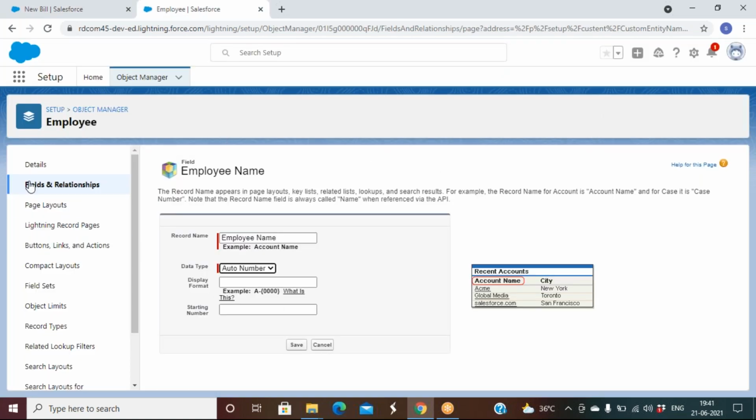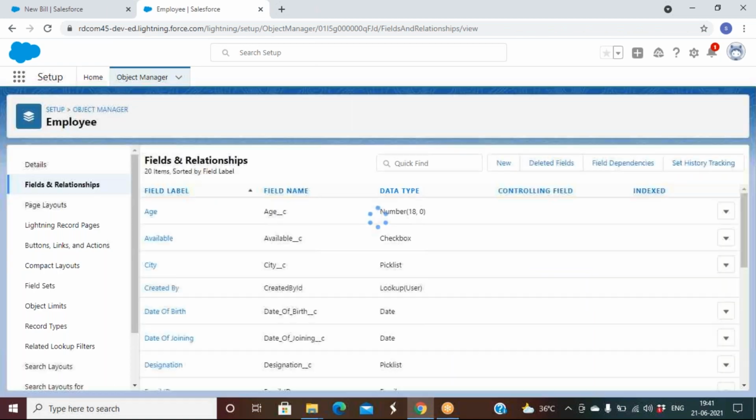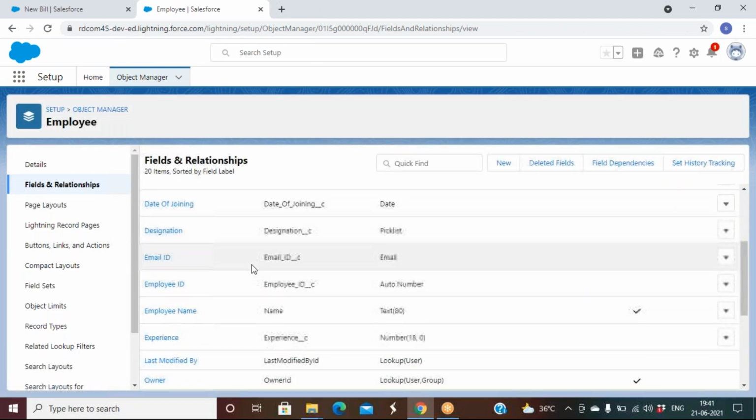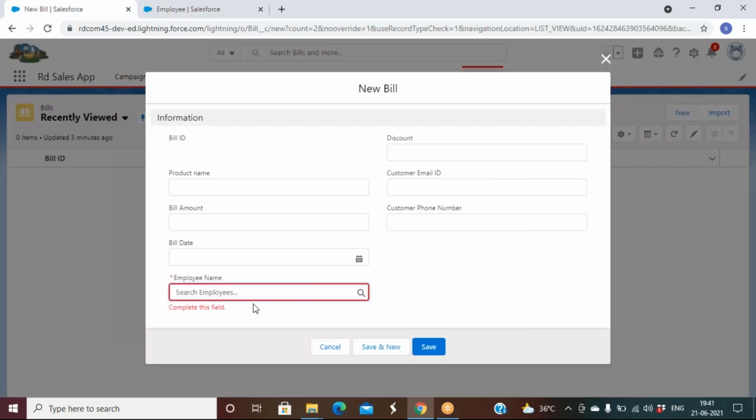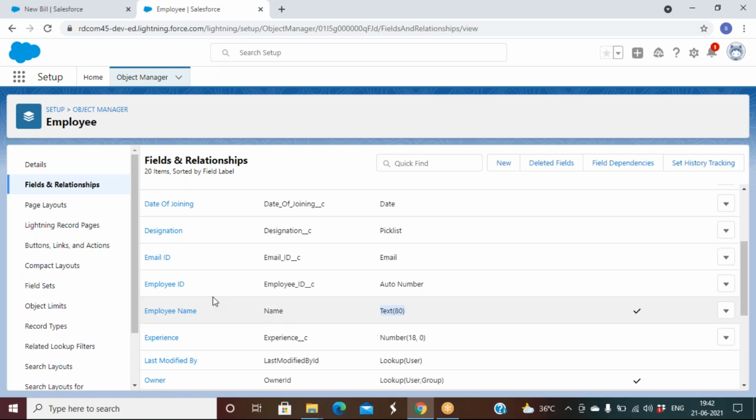So it's only simple logic. Once you create an object, you get four fields in the object: created by, last modified by, owner ID, and record name. The record name, if you have not changed it to auto number, by default you can see the name here itself. If you change it to ID, you'll see an ID. That's it. At the time of creating an object, the field name you can keep anything, XYZ also you can keep. But in the other object, this field only will come.